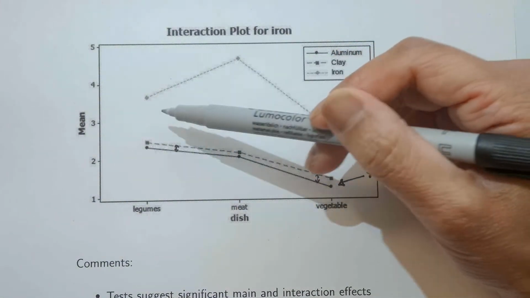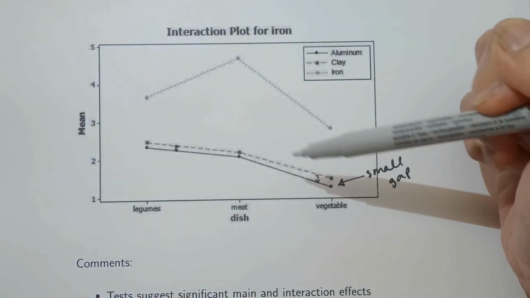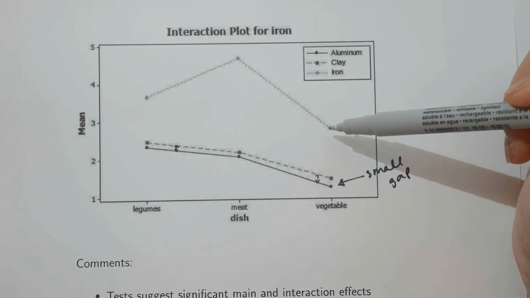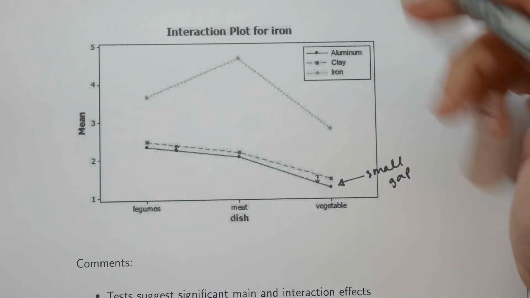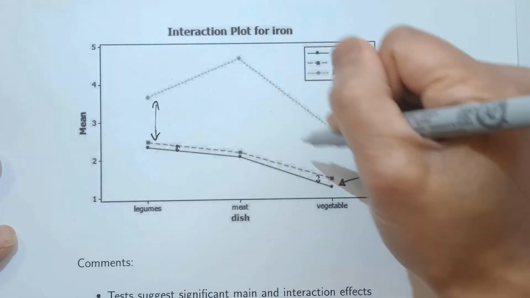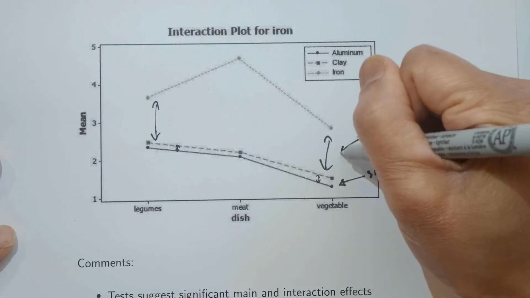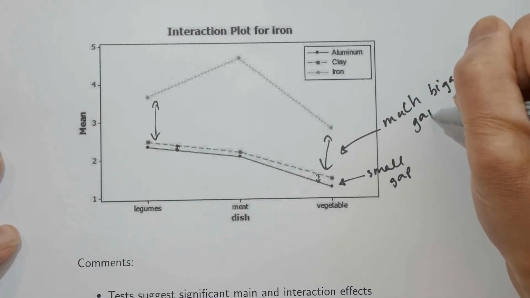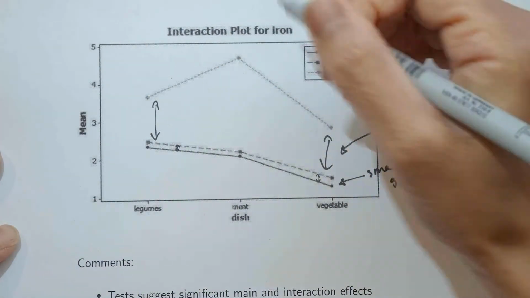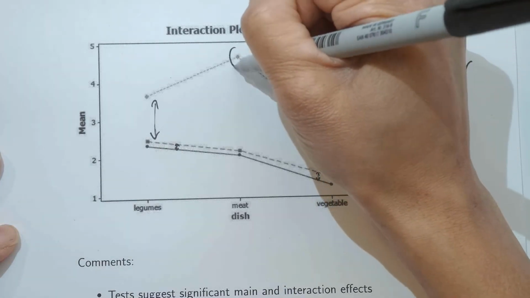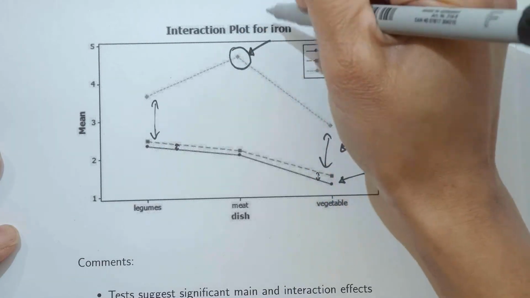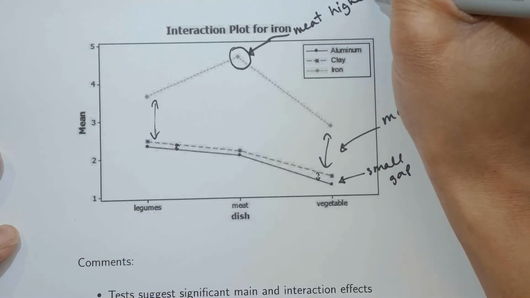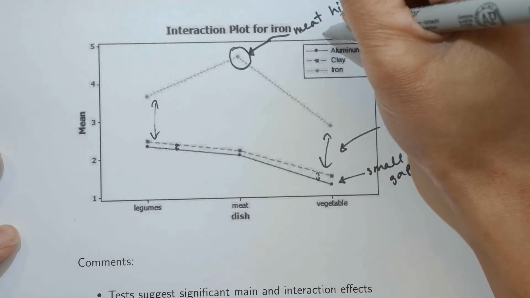In particular, what we can see, there was this little elbow here, but in the iron one, not only are all three food types much higher, much bigger gap between those, but then we also see that meat has the highest mean iron content